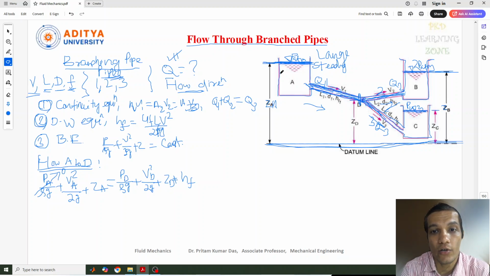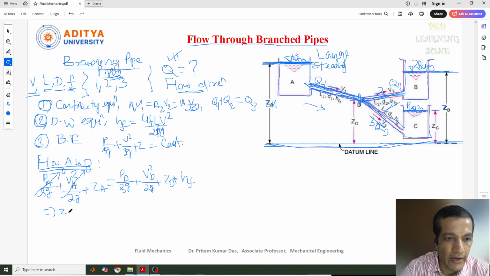That means the velocity at this point can be considered negligible, or taken as 0. But the Z point will be there as usual, because this is the height we have taken from the datum line. So we can write here, this is ZA